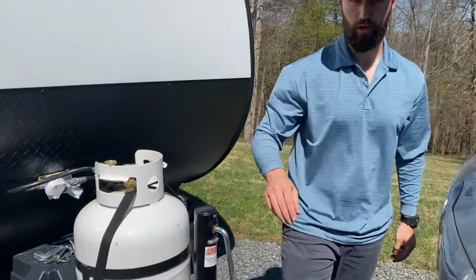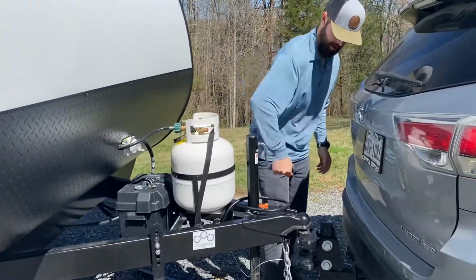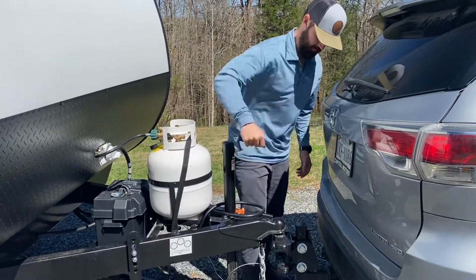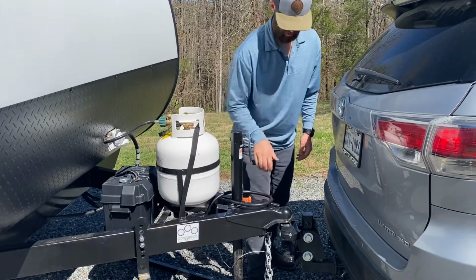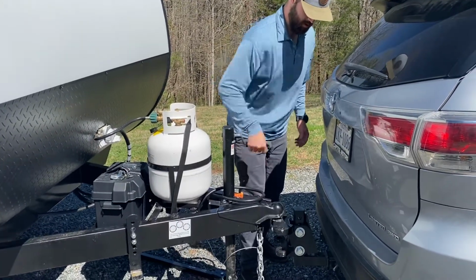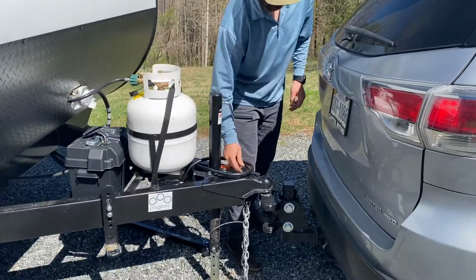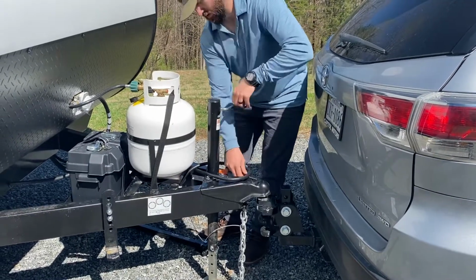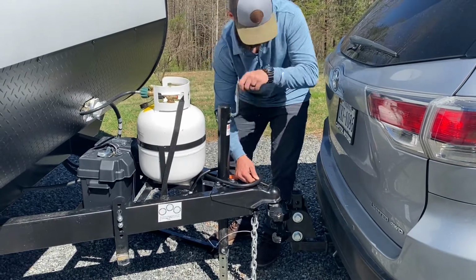Now that your spring bars are off, you can lower the camper back down. A little bit more. Really just want to take it down low enough to